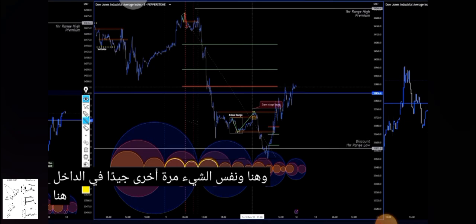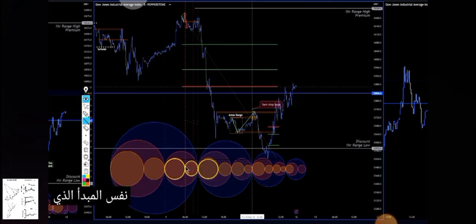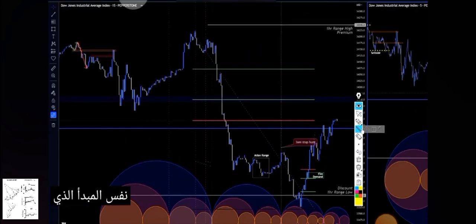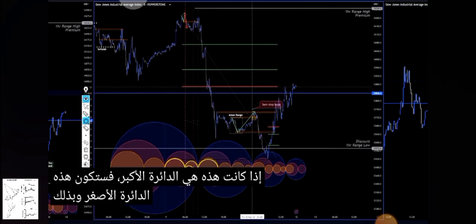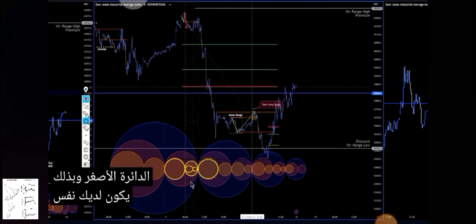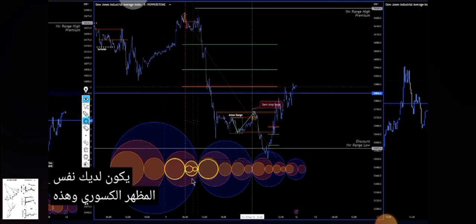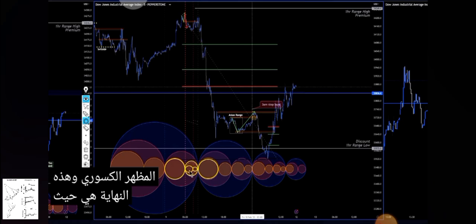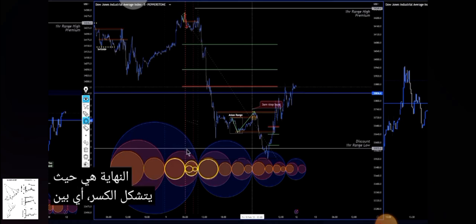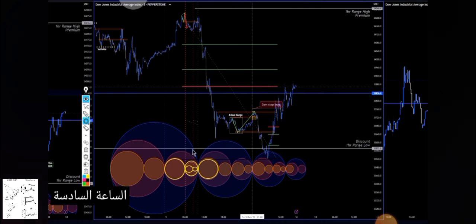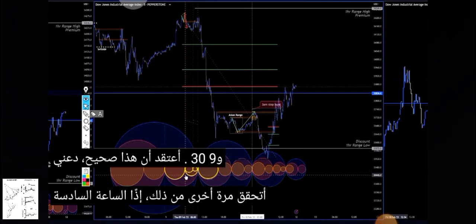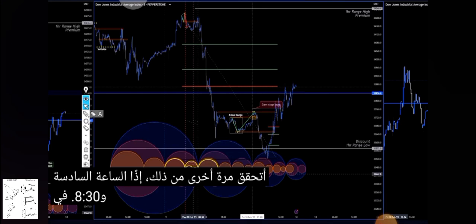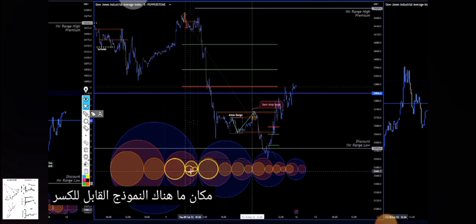Well, inside here, it's the same principle. If that was the larger circle, this would be the smaller circle by there. So you've got the same fractal appearing, and this end is where the break forms. So between 6 o'clock and 9:30, I think that's right. Let me just double check this. So 6 o'clock and 8:30, somewhere there, the breaker will form,